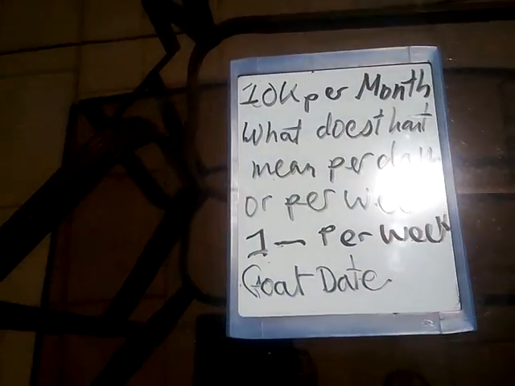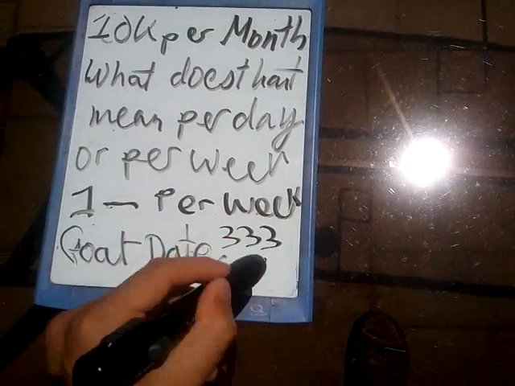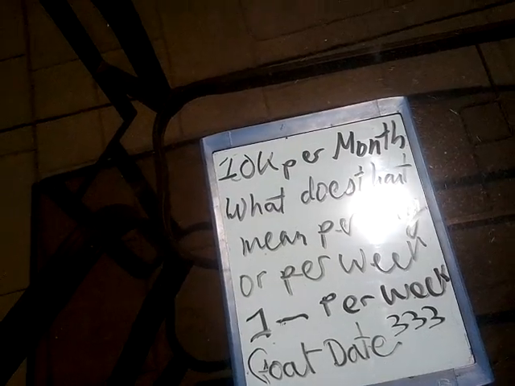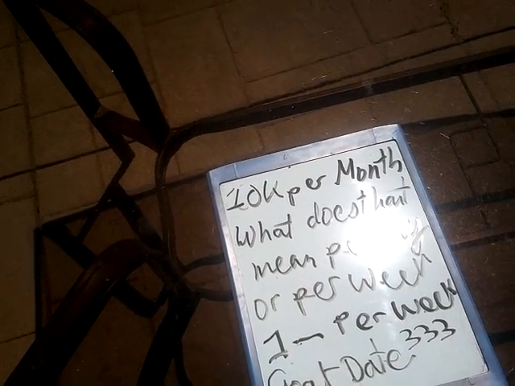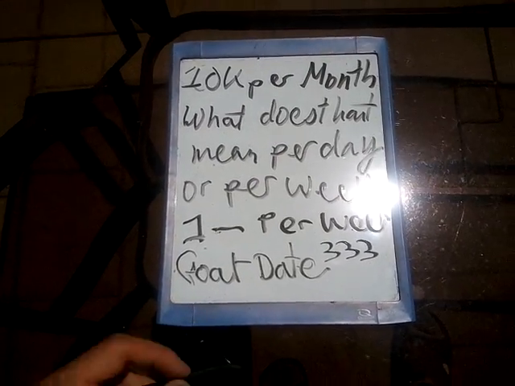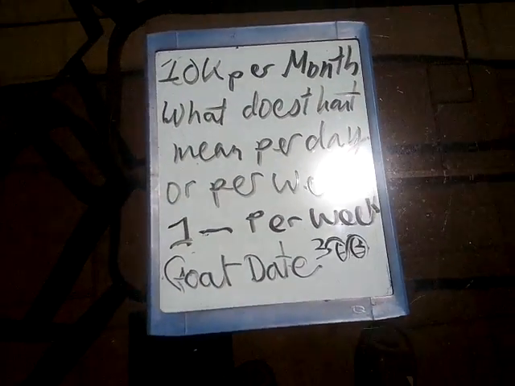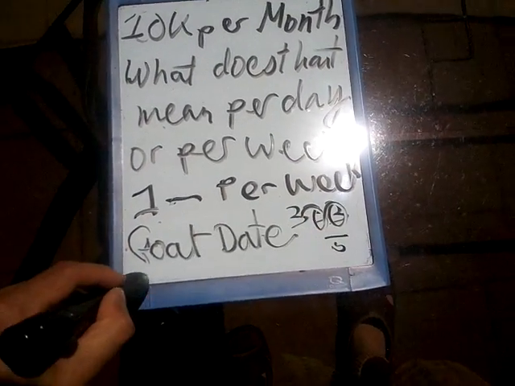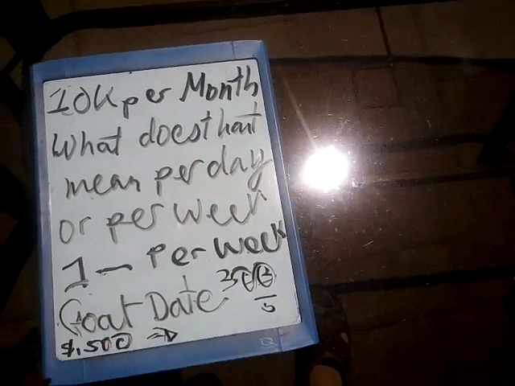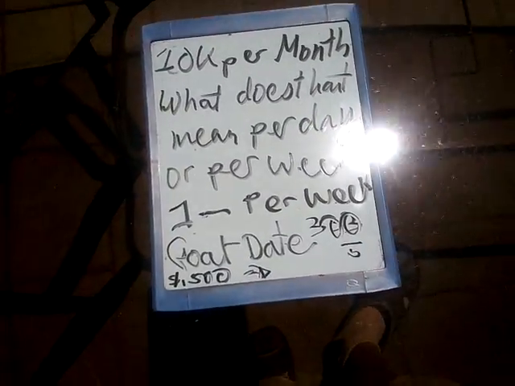So at the end of 1 week, if you're trying to make 10K per month, I think that comes to like $333 per week or something like that, or per day, something like that. 330 times 30 is about 9,000. Yeah, that makes sense. So let's just assume $300 to make it easy. $300 times 5 is $1,500. So if you're not making $1,500 by the end of the first week, you reevaluate, saying, what am I doing?